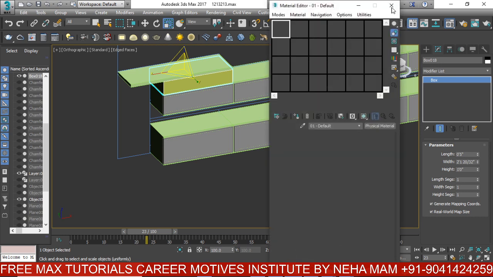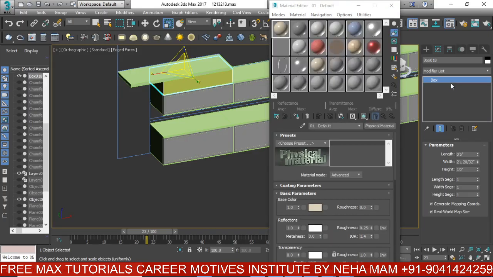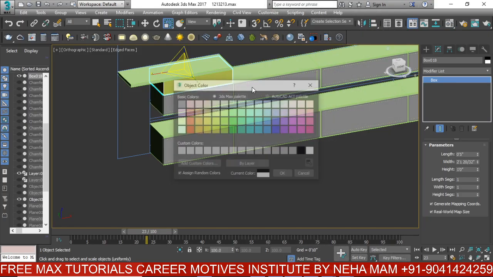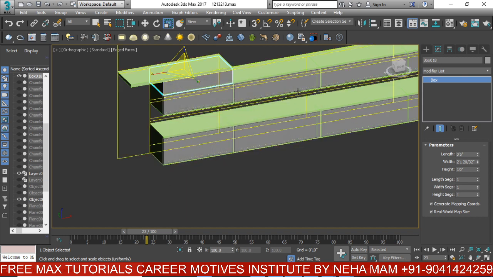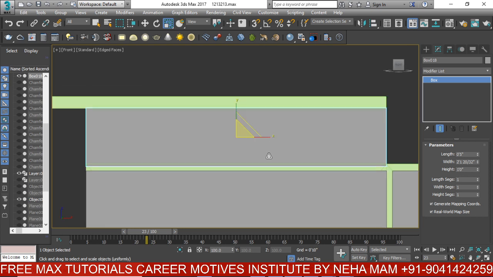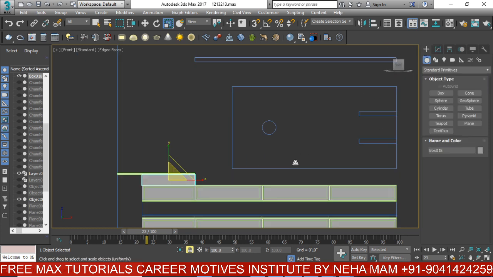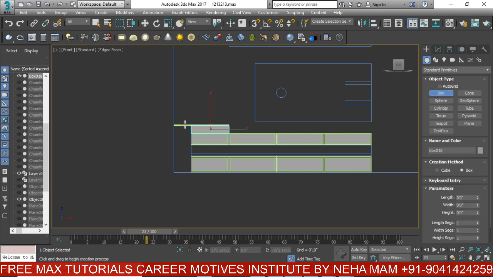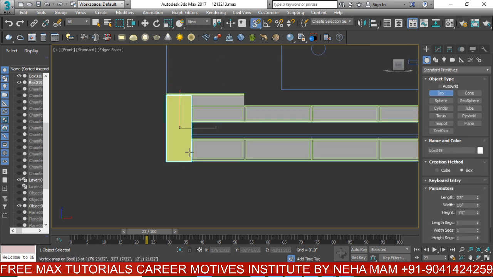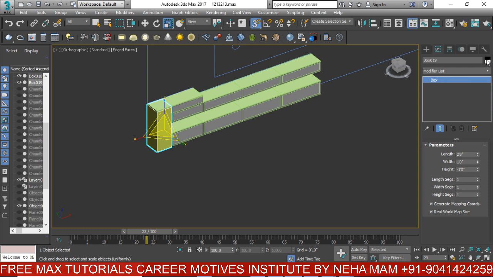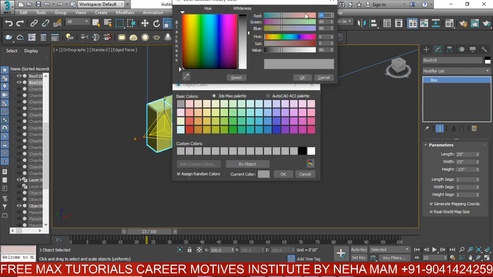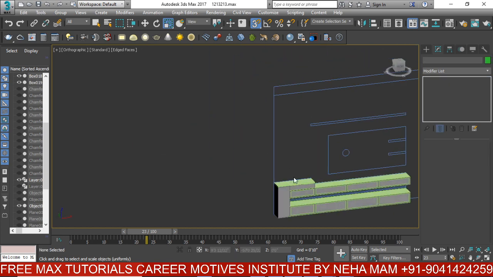I'm going to change its color. And another box over here, and I'm also going to change its color. Okay, so